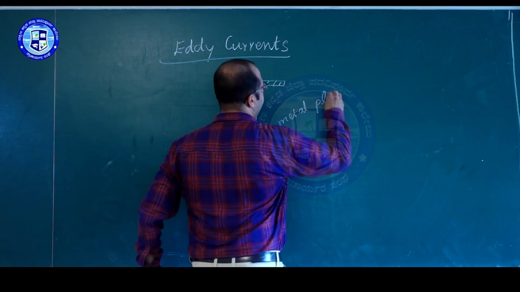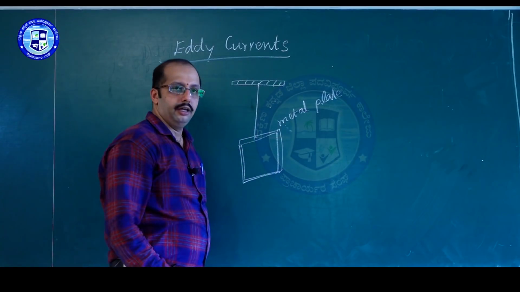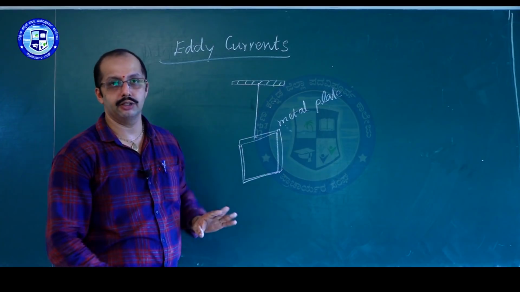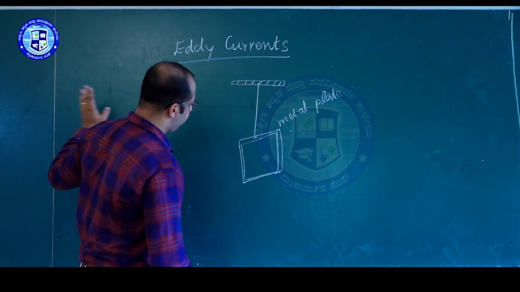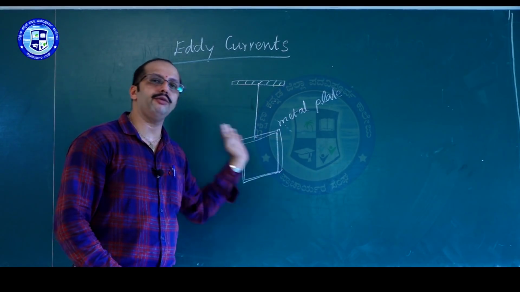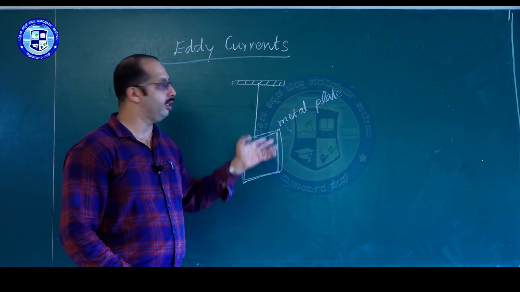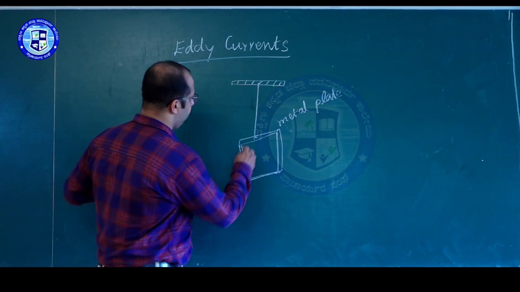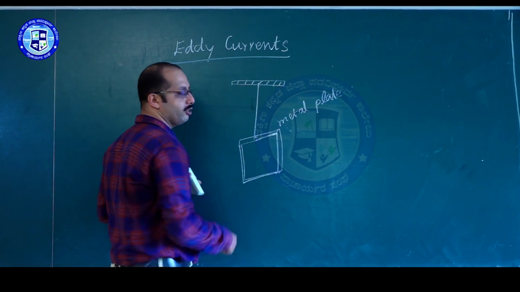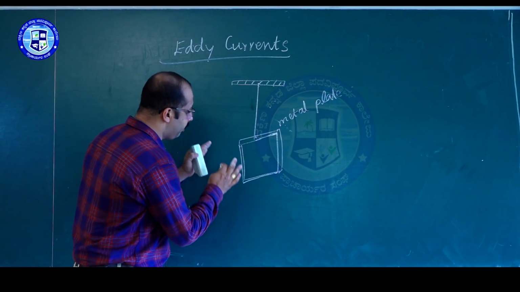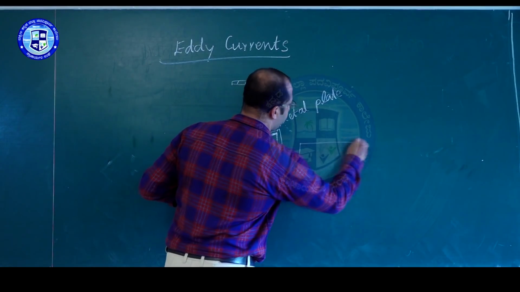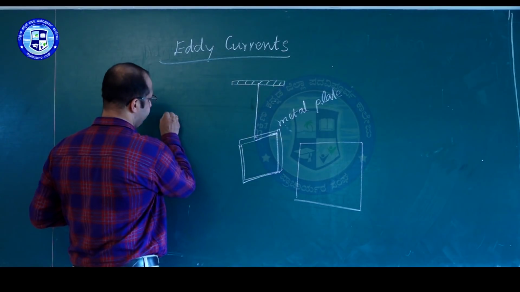A metal plate can also be represented. Some metal plate is hanging in free space, fixed to a pivoted point. When it starts to oscillate, it is free to oscillate without any disturbance. That is the free oscillation we consider. But now this metal plate is placed in between the two pole pieces of the magnets,